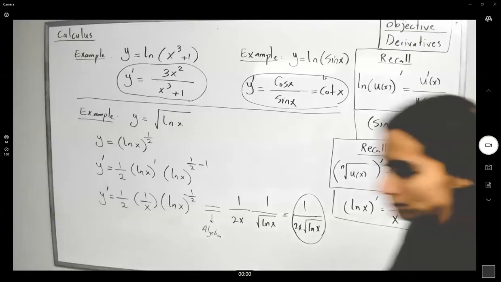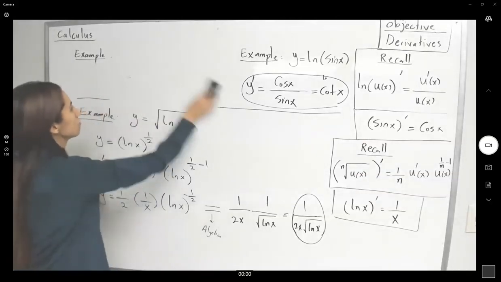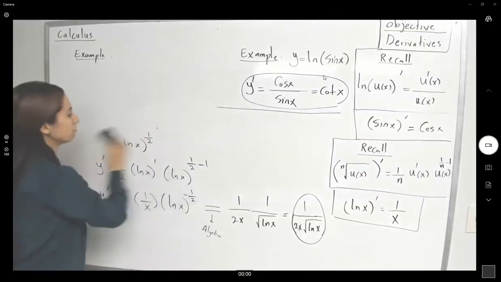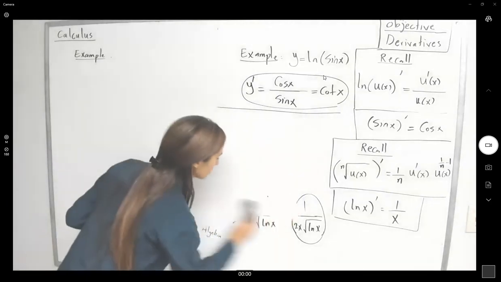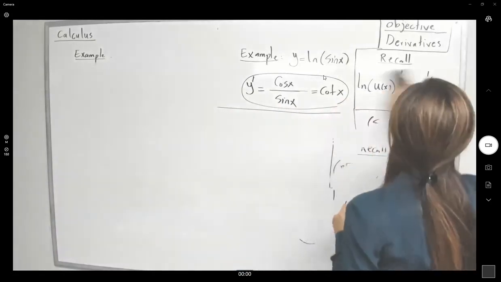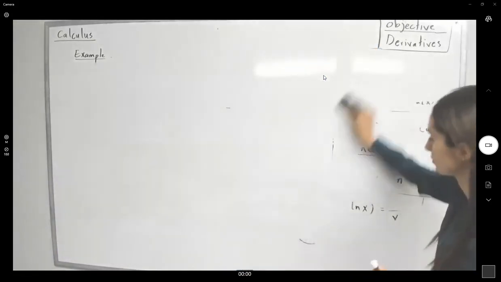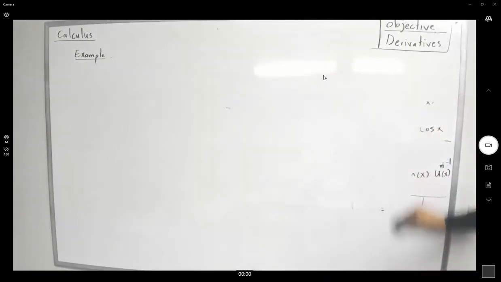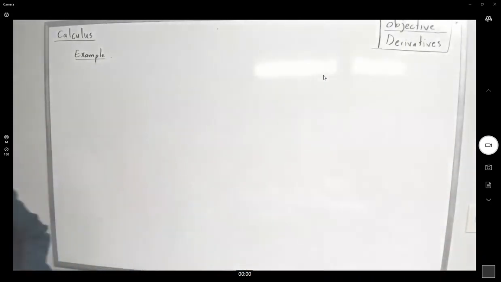Very well. So what if we have a function like this? How do you take the derivative? This function is given to us as x raised to square root of